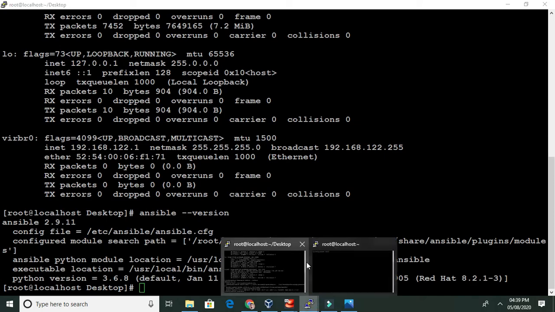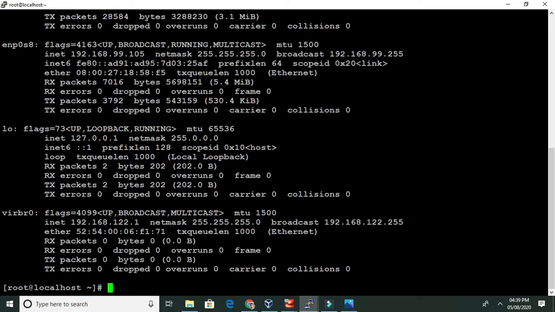Let's go to the managed node. Here is our managed node configuration. The IP is this one, please remember it, and it ends in 105. Now I will show you whether Docker is installed here or not.